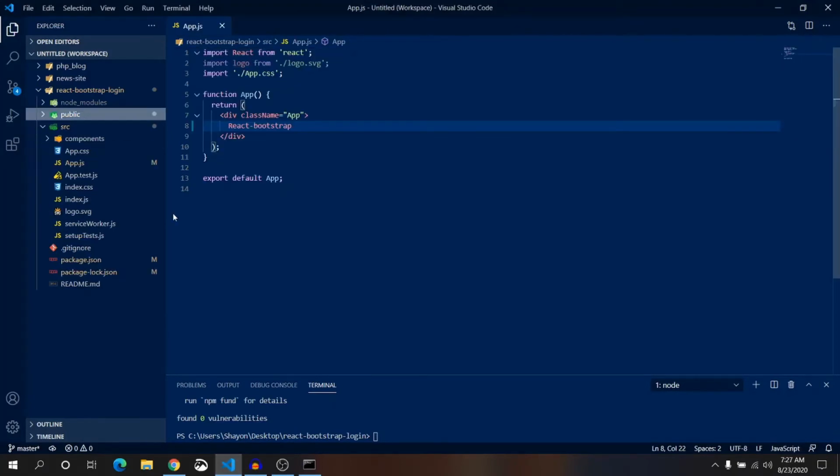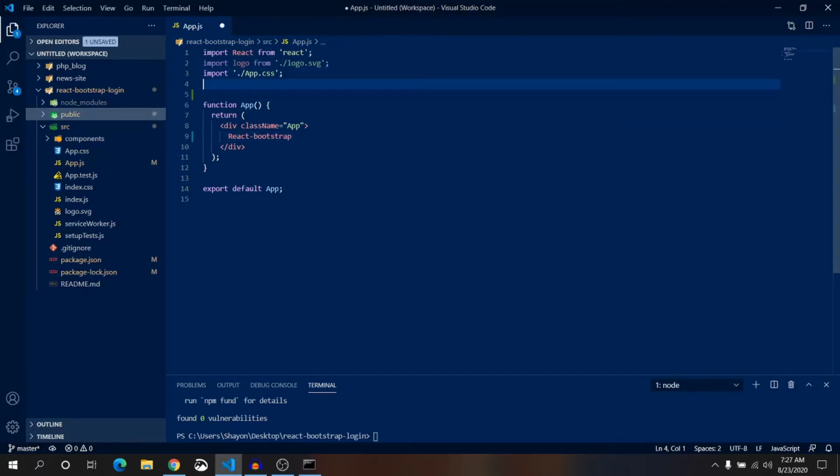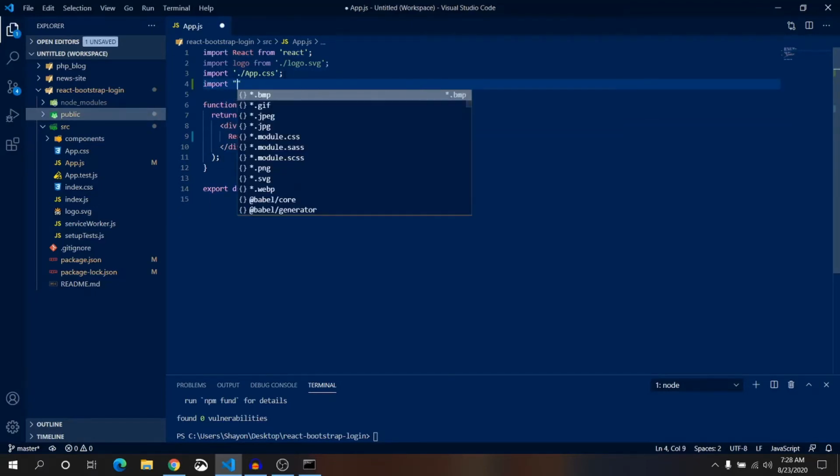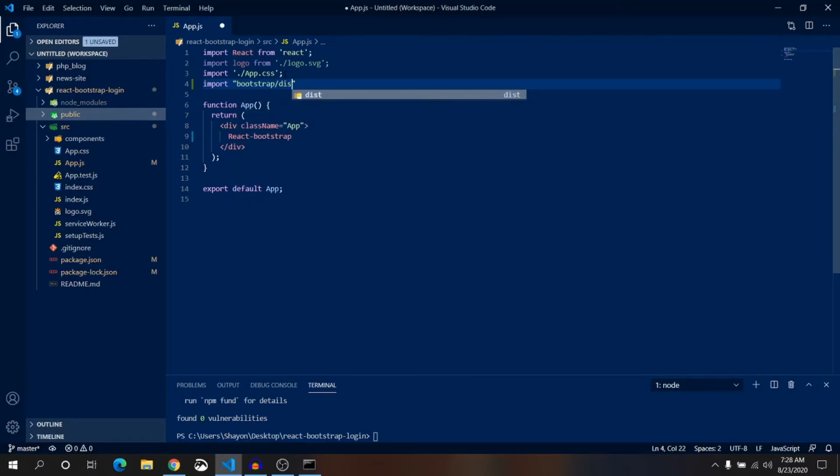We are going to implement React Bootstrap in here. Below this app.css, let's import Bootstrap. Because this is a CSS file, just write bootstrap/dist/css/bootstrap. Let's check it out.